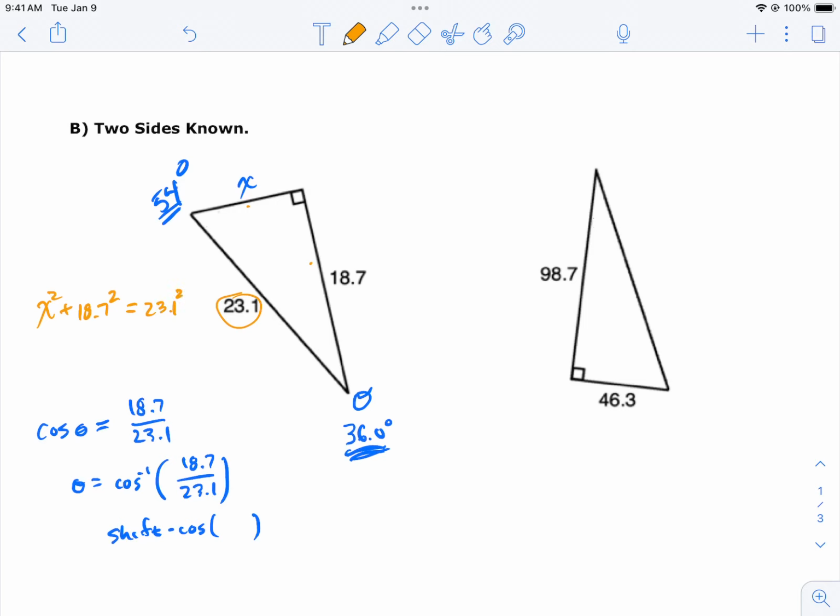If you wanted to solve this for x, the first thing you would do is subtract the 18.7 squared on both sides. Then you'll have x squared equals something, and you take the square root to get x. So x is the square root of 23.1 squared minus 18.7 squared, and I'm getting